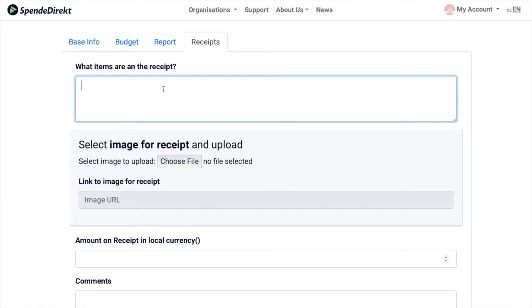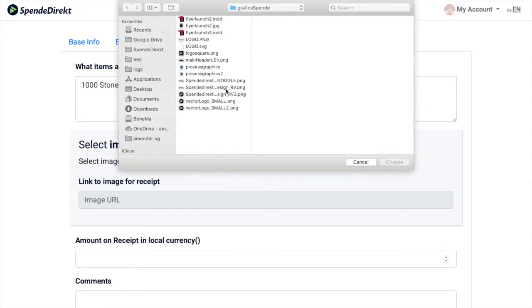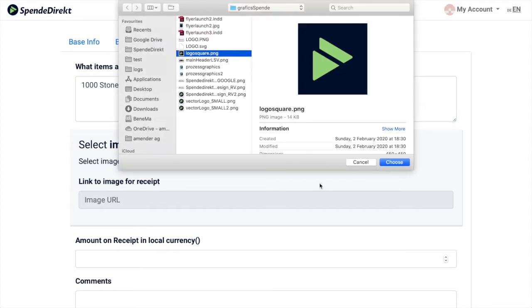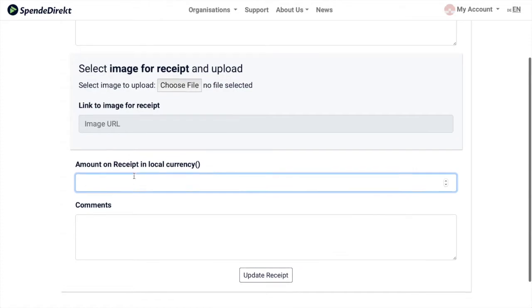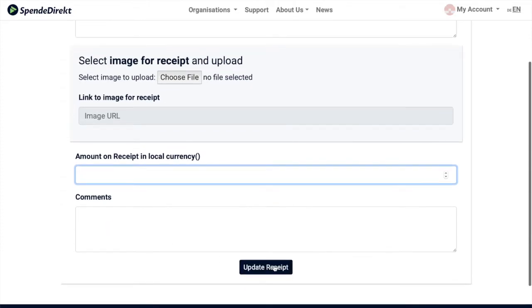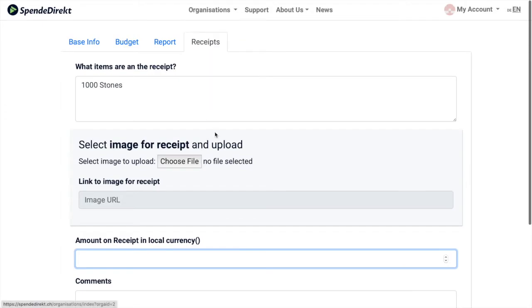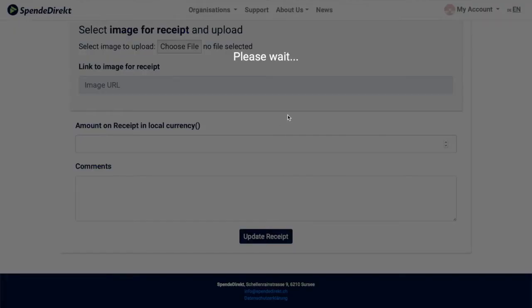You would write down what the receipt is for, for example, you bought 1,000 stones for some building. Then you would add a picture of the receipt, put in the amount of the receipt, and then you can upload the receipt, which will